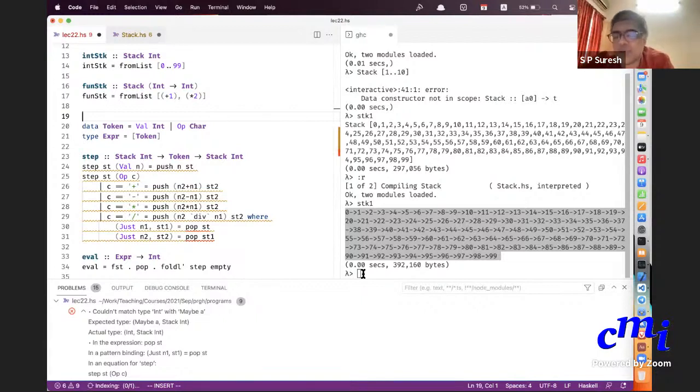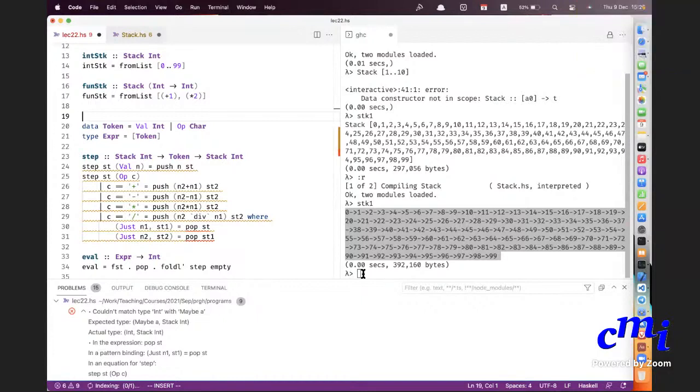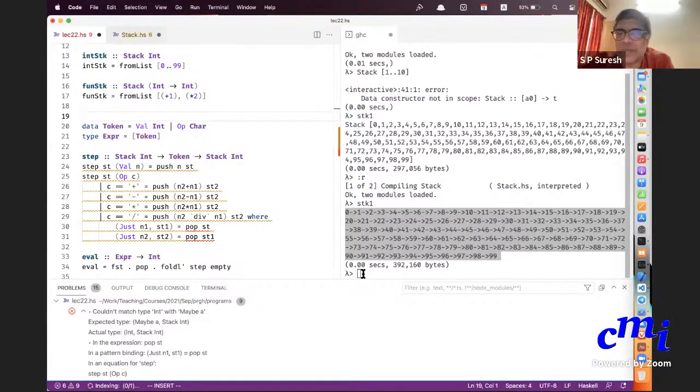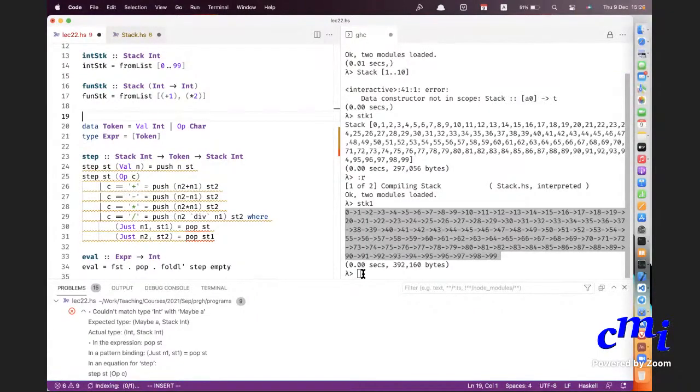In the next class I will show you how to do natural numbers: 0, 1, 2, 3, etc. I'll do that and then we can get back to this queue business. In fact, that would be an example of a recursive data type. We will be quickly getting to that in the next class. Hopefully, next week we will definitely get to that. Anybody else?